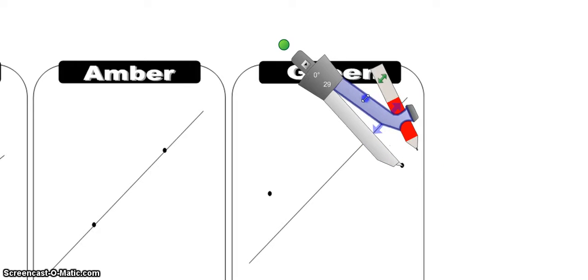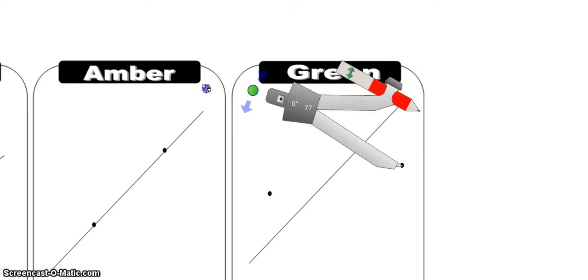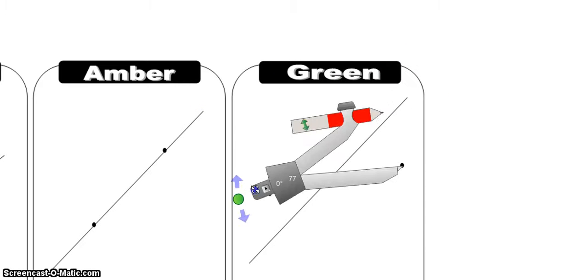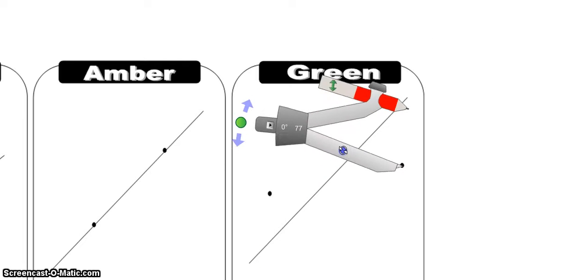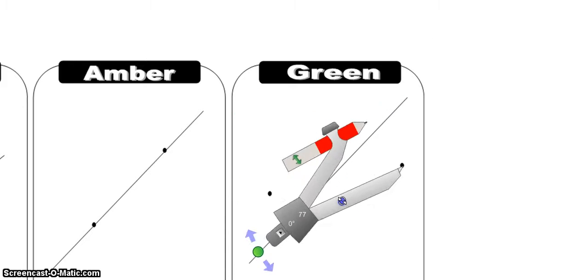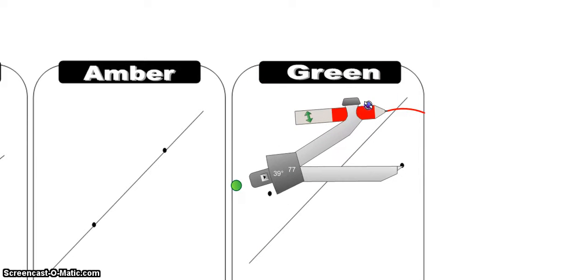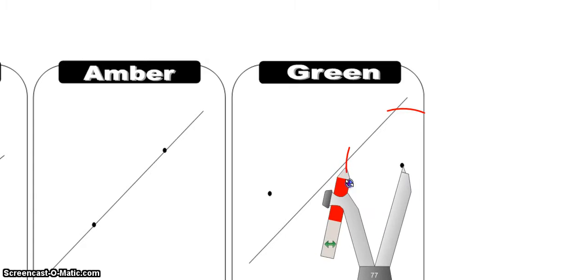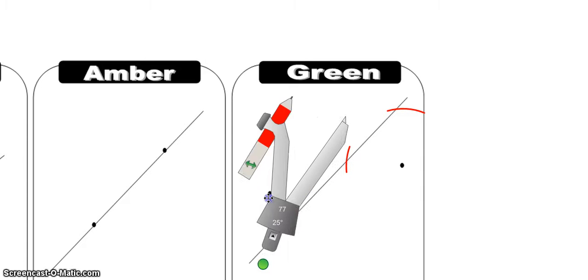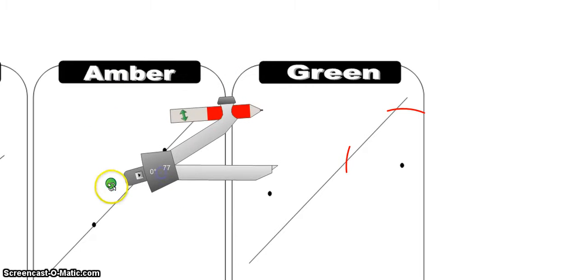And so all I really need to do then is open up my compasses to a width that will allow me, if I do a complete circle, to cut through the line twice. You can see here it's just going to cross through there and it will cross through there. So I'm now going to quickly do one arc there and one arc there. Okay, so I now have 2 points from which to construct my perpendicular bisector,